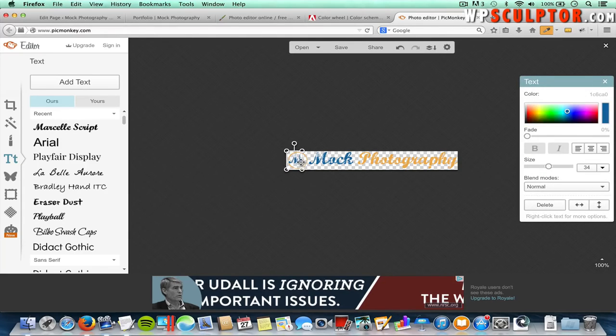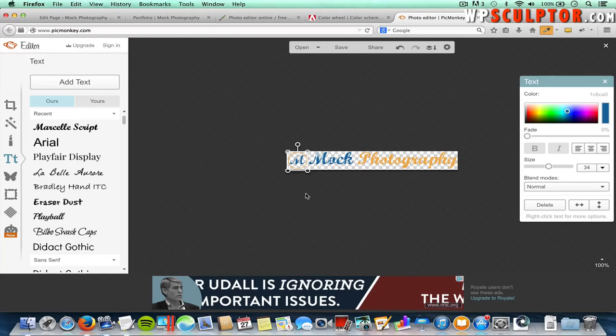And I need to resize the text box by clicking on the M and using this vertical line here. Click, hold, and drag and expand that so it encapsulates the full M. There we go, that looks good. And then I can use the arrows on my keypad to position the M exactly where I want it, and